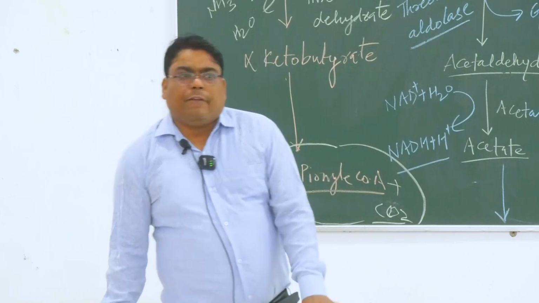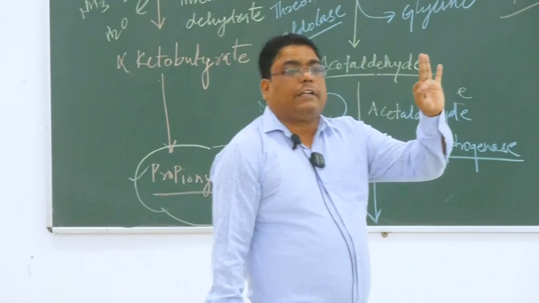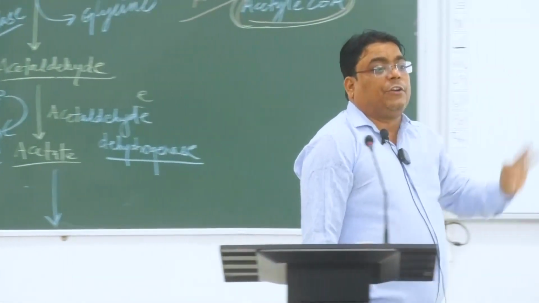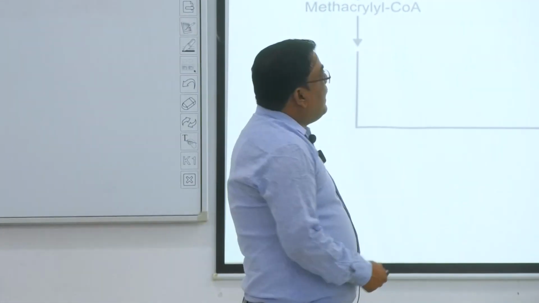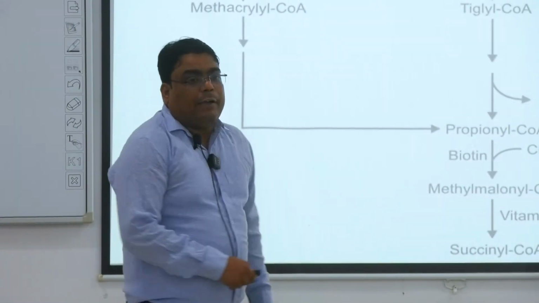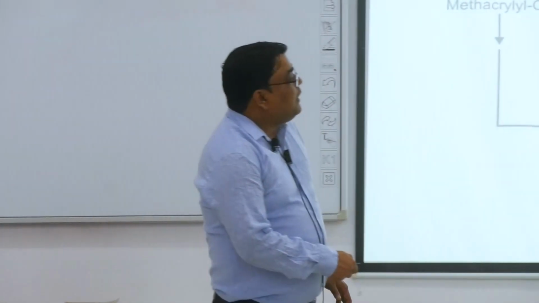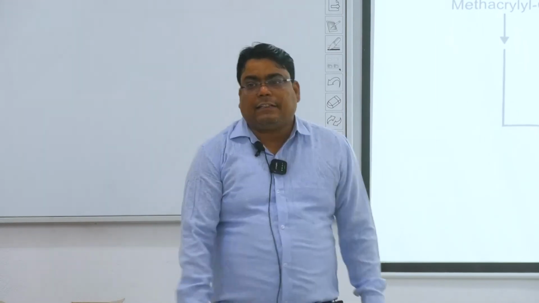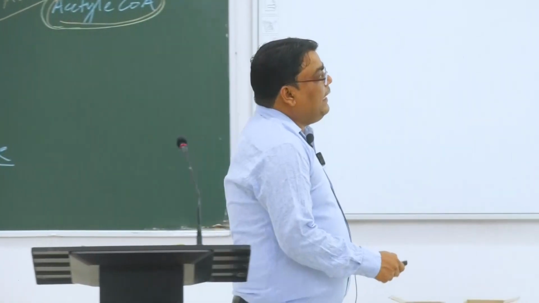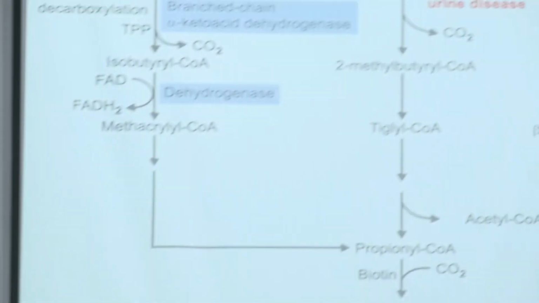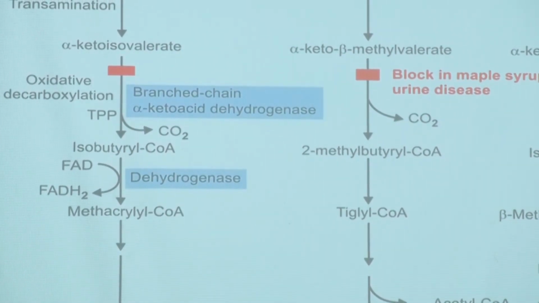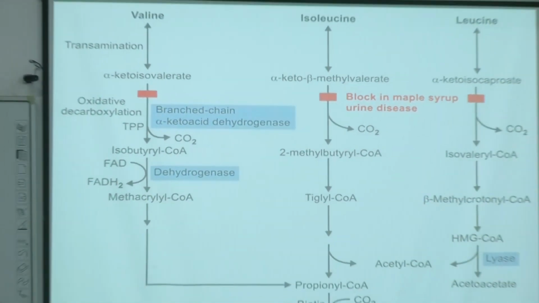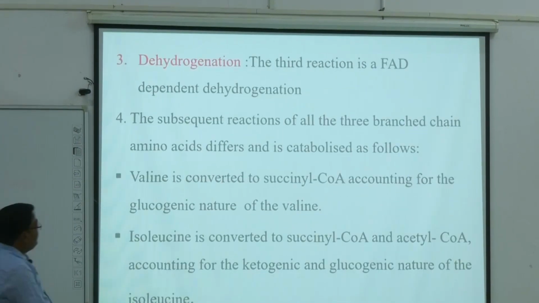Acetoacetate, you don't know? We have three types of ketone bodies: acetoacetate, beta hydroxybutyrate and acetone. Okay, so these are the ketone bodies. That's why leucine is a ketogenic amino acid. That means it forms ketone bodies by the HMG-CoA enzyme. Understand? And you will see these both enzymes are glucogenic, and let's see the first slide.